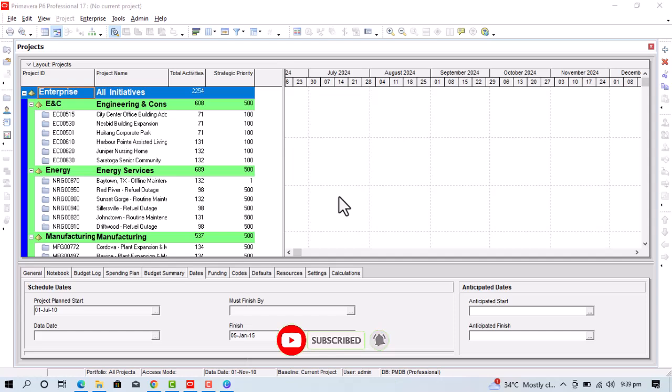Now talking about EPS. What is EPS? EPS stands for Enterprise Project Structure. In Primavera, whenever you are going to plan a project, it is further subdivided into a number of projects. For example,